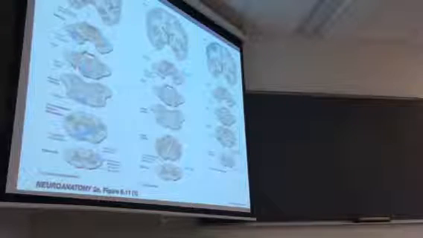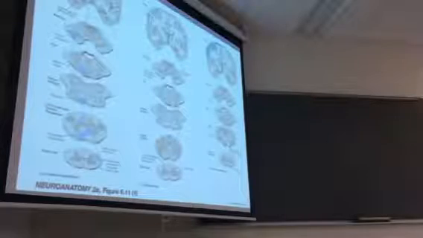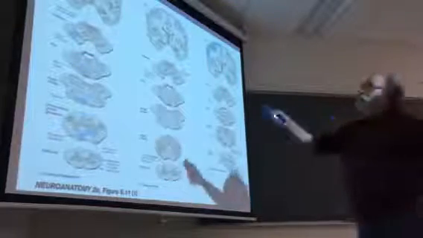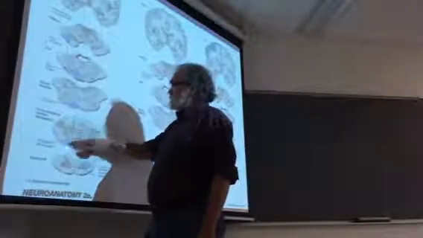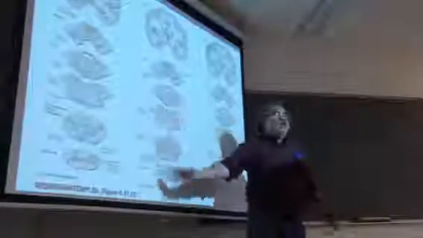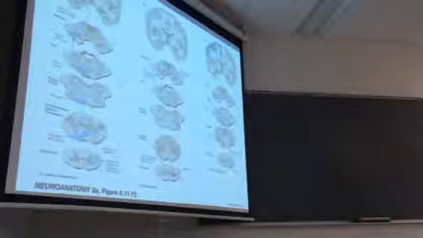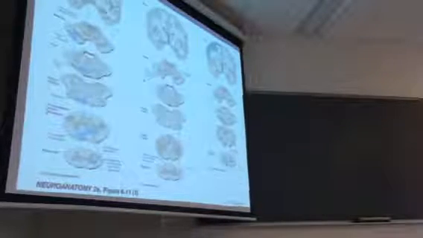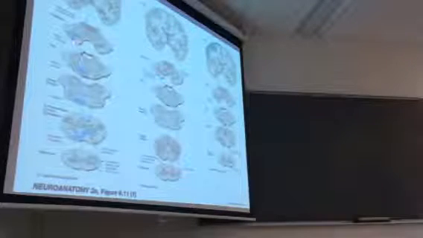It's descending, and the reason you know that is the cell body's up here, and this comes down, and synapses. All right? So as you look at these, look at where the cell bodies are, look at where the synapses are. So here we are, cell body, comes on down,